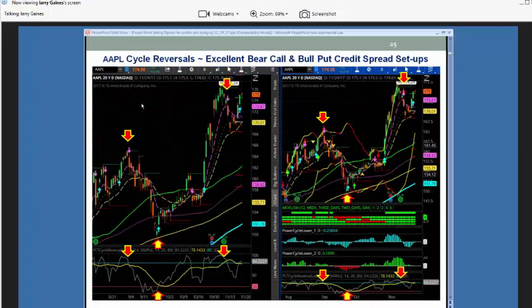Here's another example. This was a number of cycle reversals on Apple. Whatever you're looking at, it's a really great way to incorporate this into your trading strategy. Here's a nice overbought situation for Apple. We had a reversal right here, got a signal,